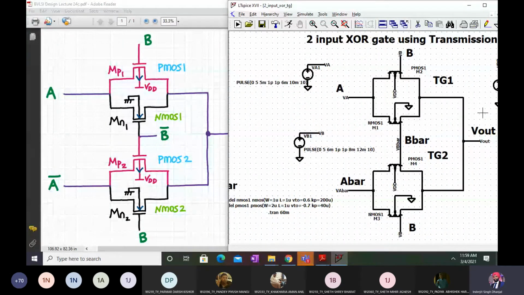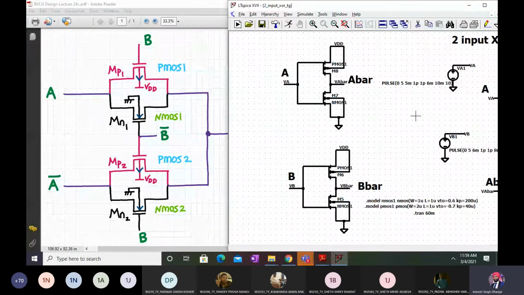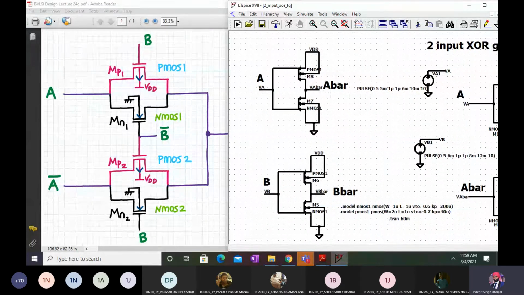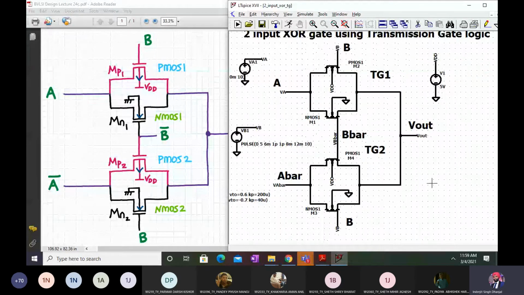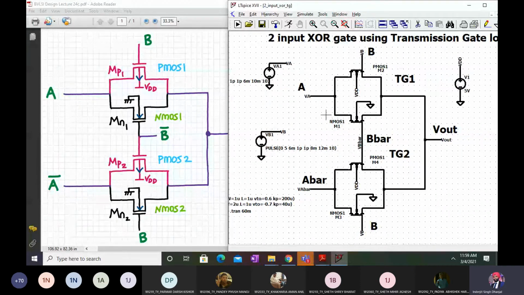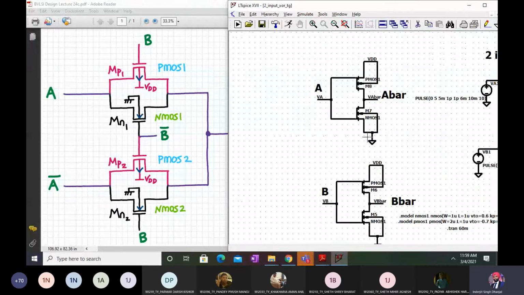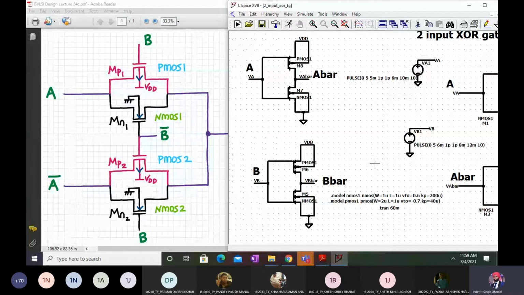So you require two additional CMOS inverters to generate A bar and B bar from A and B. So take a note of that also. What is the total transistor count over here? 1, 2, 3, 4, and another 4 transistors for implementing the CMOS inverter, another 4 transistors for the other CMOS inverter. So this is your 2-input XOR gate using transmission gate logic.